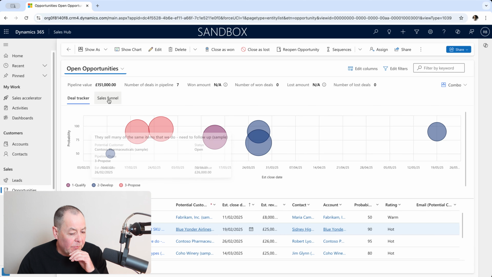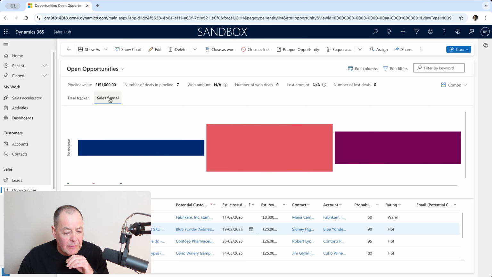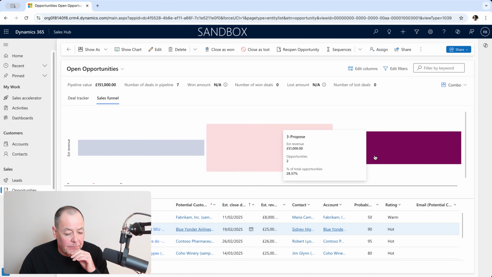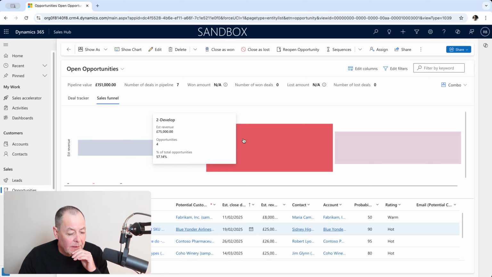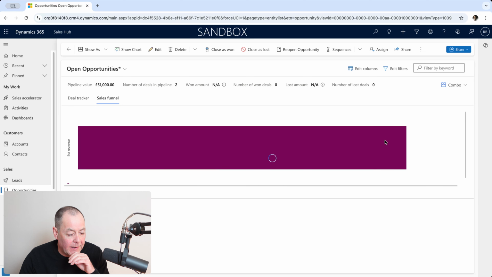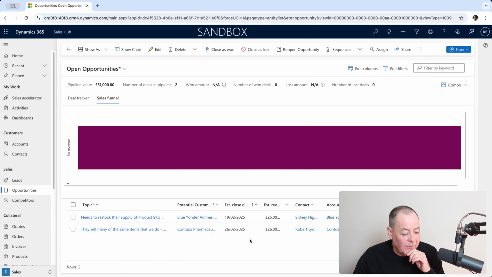Now the other chart I've got here is a sales funnel, which again is a graphical representation of our three stages. You can see we've got the qualify, the develop, and the propose. If I want to click on one of these, let's say I'm going to see which of the ones have reached propose stage. If I just click on that, you'll notice what it does is it sub-filters the records appearing